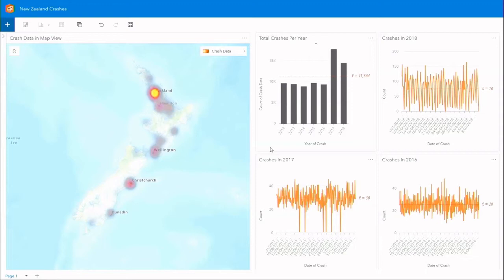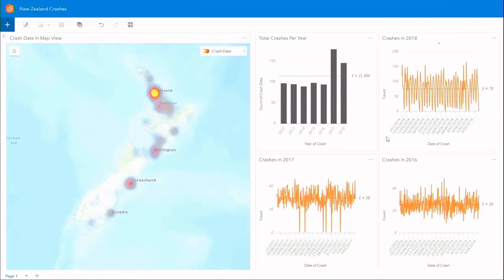So to the right of my screen here, you can see a series of graphs, and I have graphed the accidents that are happening per year. And the spikes in the number of accidents in 2017 and 2018 here in my bar graph have me a little concerned as to why I have so many extra accidents happening in those years, which would mean that I might want to go and explore some more as to that reason.